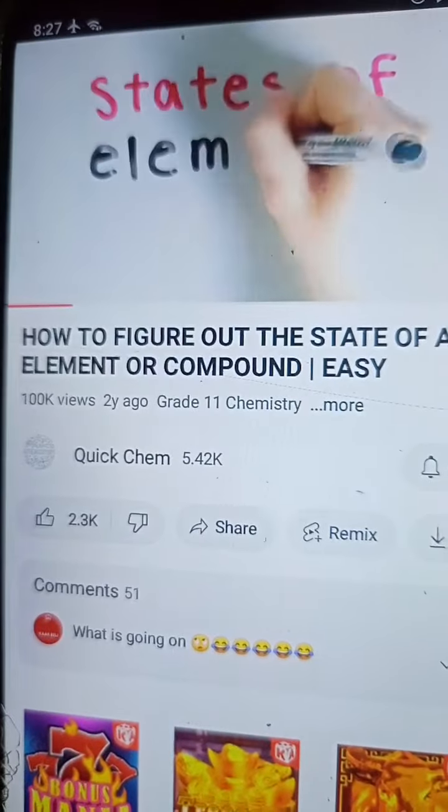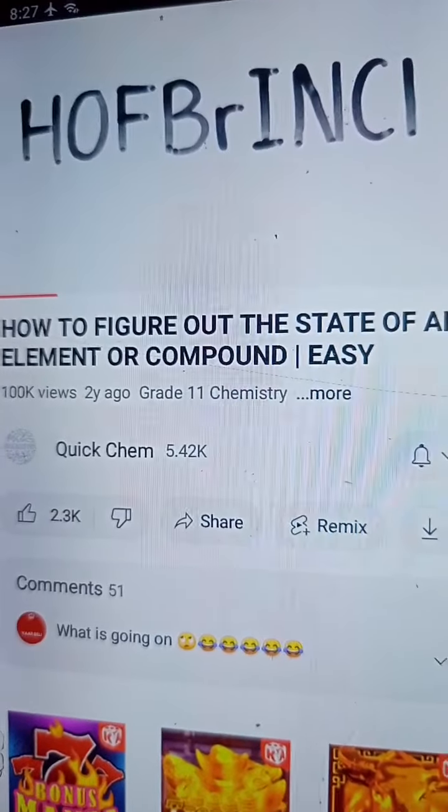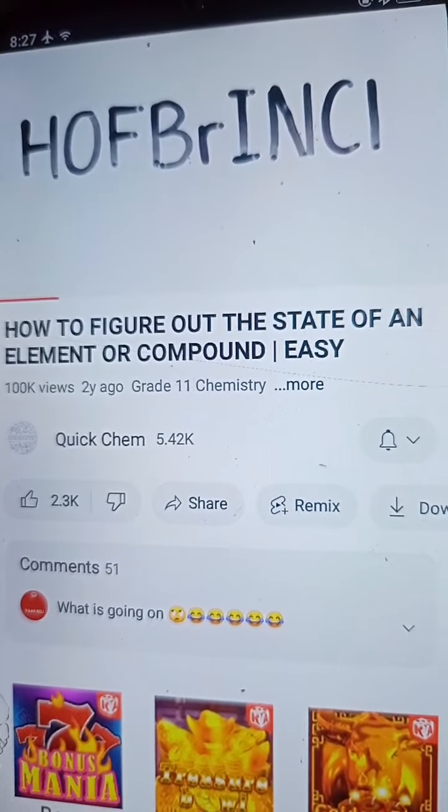Firstly, we will cover how to find the states of elements on their own. Hofbrinkel is an acronym that stands for hydrogen, oxygen,